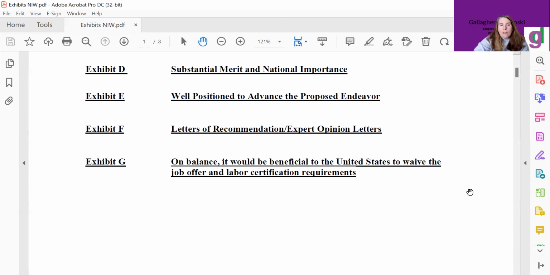And for exhibit E, if you're showing that you have 10 or more years of experience, sometimes as my last thing under exhibit E, I put an asterisk, and then I put "see exhibit F for letters showing